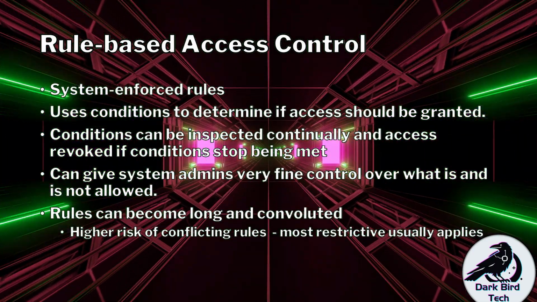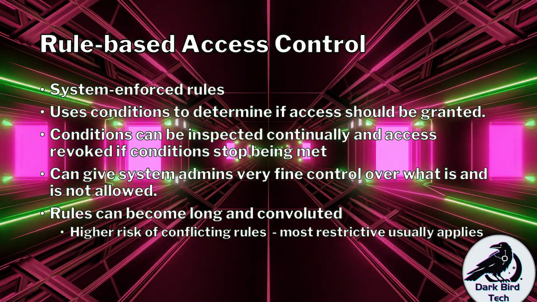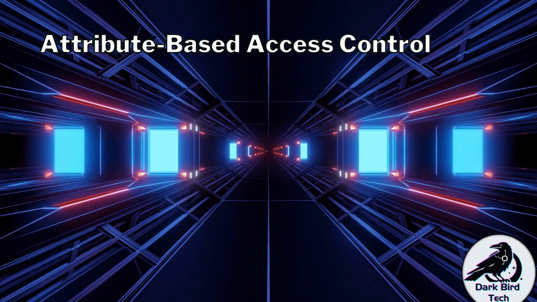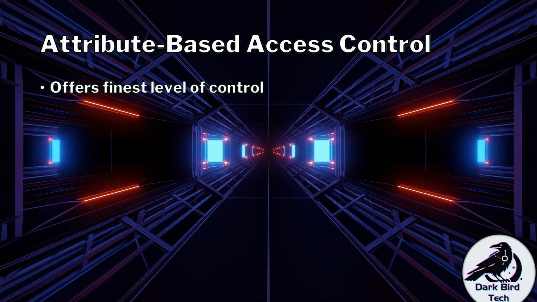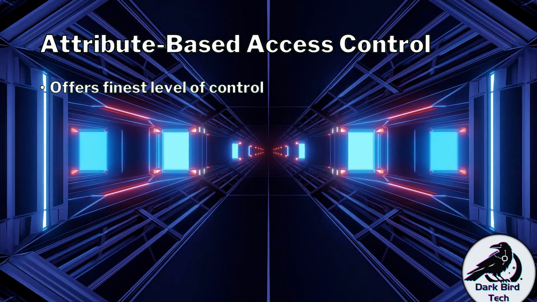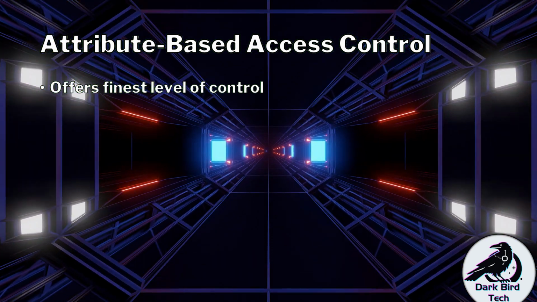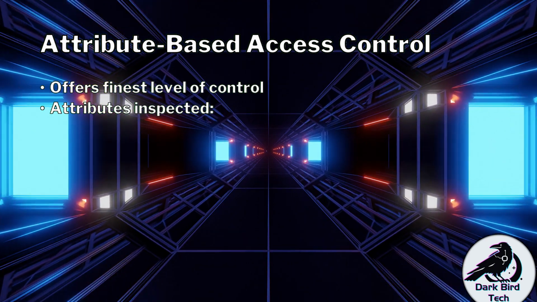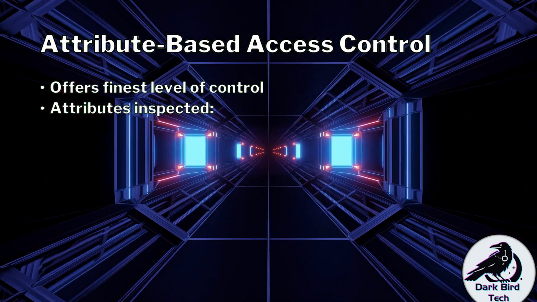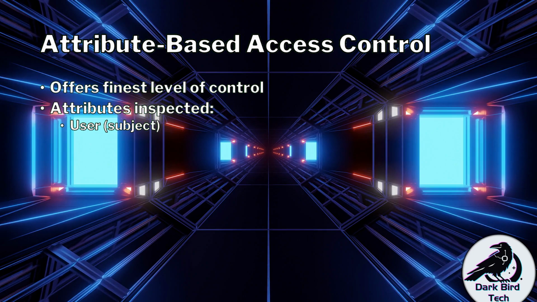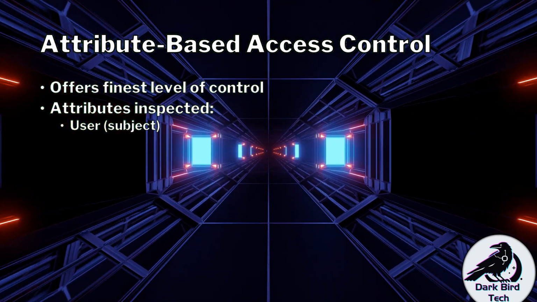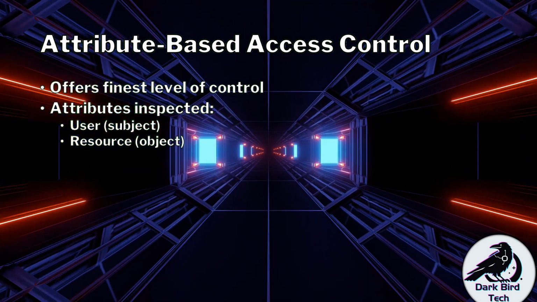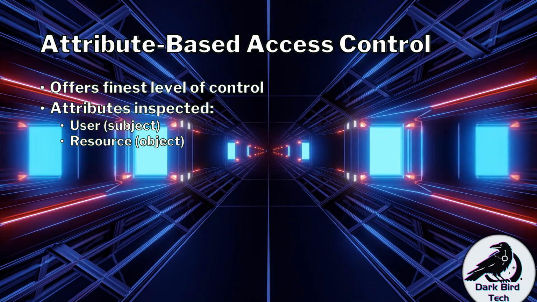And then for a fairly new thing, which is actually quite refreshing and awesome because it's kind of a good middle ground for everything: attribute-based access control. It gives us the finest level of control, and we can also not have to worry about going too crazy with specific rules, because what happens is attributes are inspected. Now, the attributes that can be inspected could be the user, sometimes referred to in this access control model discussion as the subject, the resource or the object that the person is accessing, usually data, but it might be an application or a service,